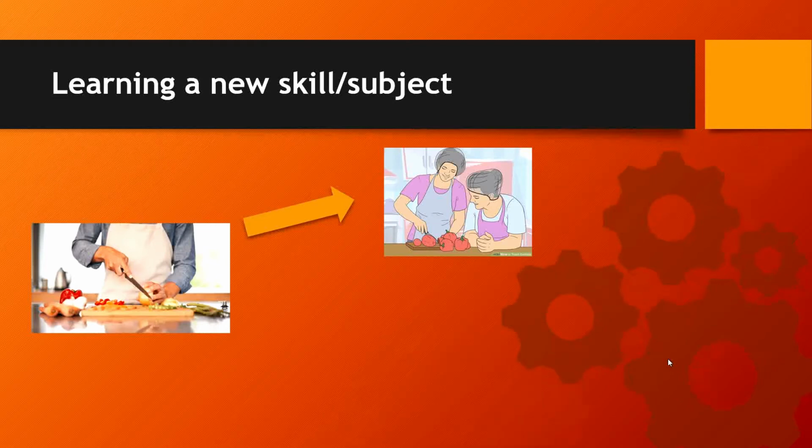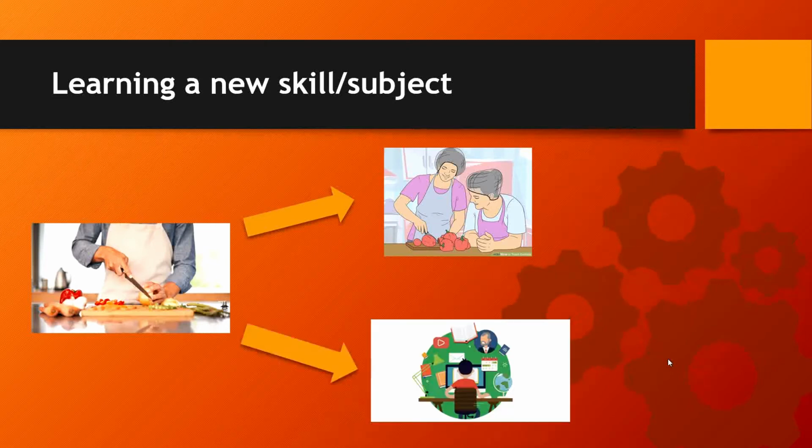Okay. The second approach can be you can Google how to learn cooking and you can go through the various materials that are available there, right? It can be videos in YouTube, it can be an online book, it can be a blog, it can be anything. And you go through these various blogs and try to figure out how to cook. Okay. And in this, nobody is helping you except the internet and your own curiosity.